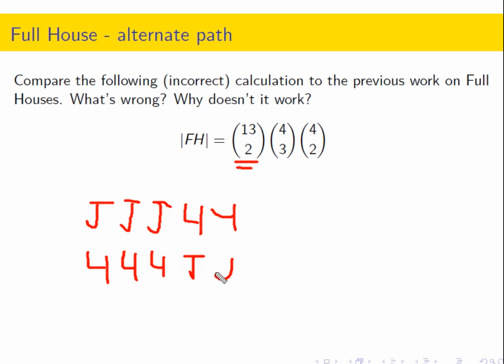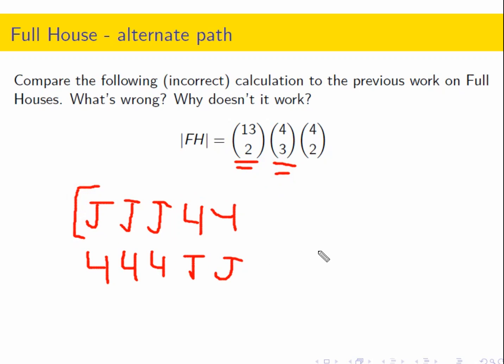Well, these are obviously not the same, right? So here we've undercounted. When we use the partition level pick to pick 2 things, they have to be serving the same purpose. And obviously the jack value and the 4 value are very different. It matters whether it's the 3 of a kind. This is a much better hand